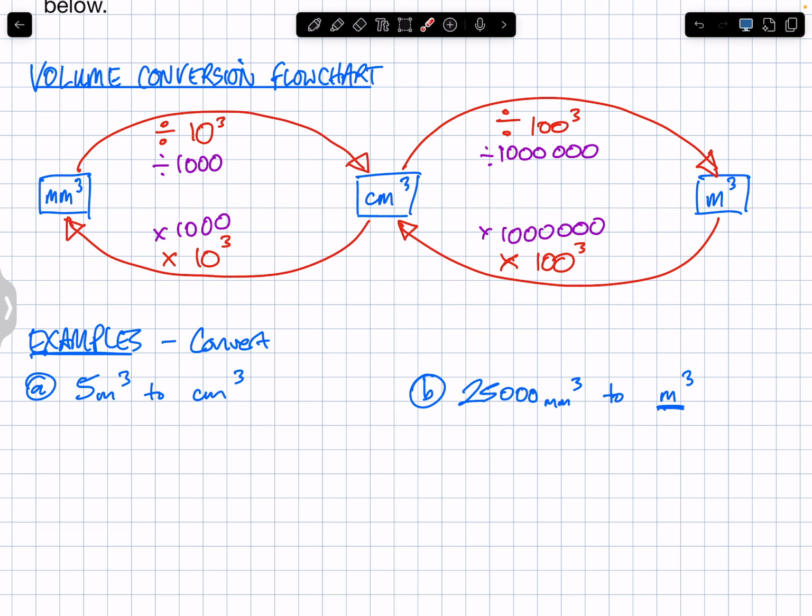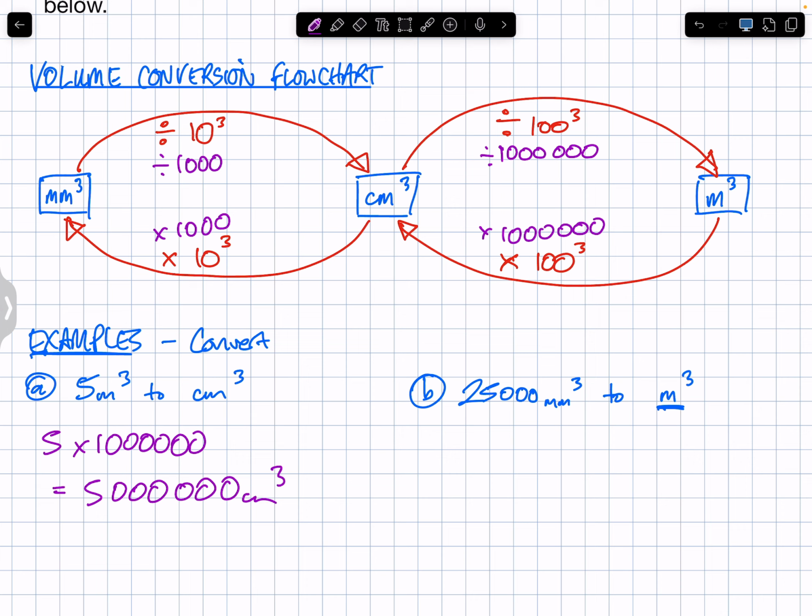All right, let's demonstrate the flow chart. If I wanted to go from 5 cubic meters to cubic centimeters, how many steps on the flow chart would that be? Is that just one arrow step? From cubic meters to cubic centimeters? Yes, one step. You're going from here to here. So you're timesing by 1,000,000. So it's going to be 5 times 1,000,000, which is 5,000,000